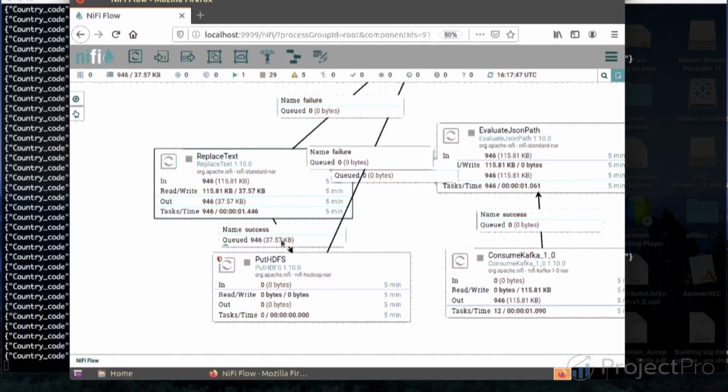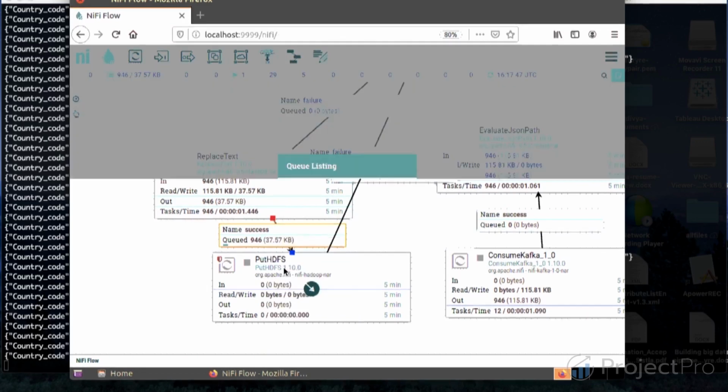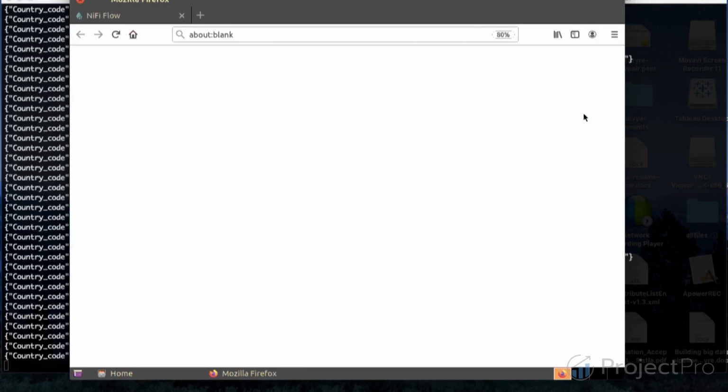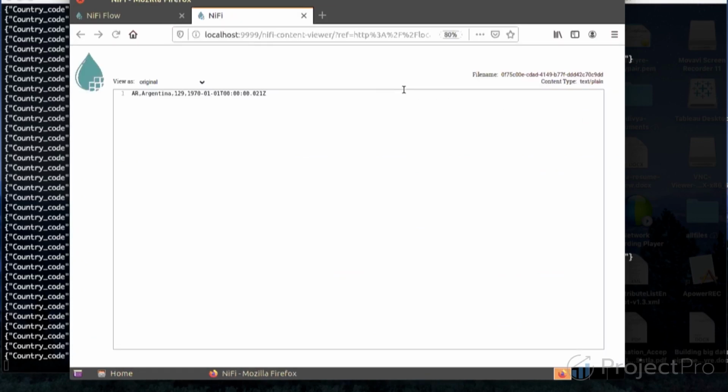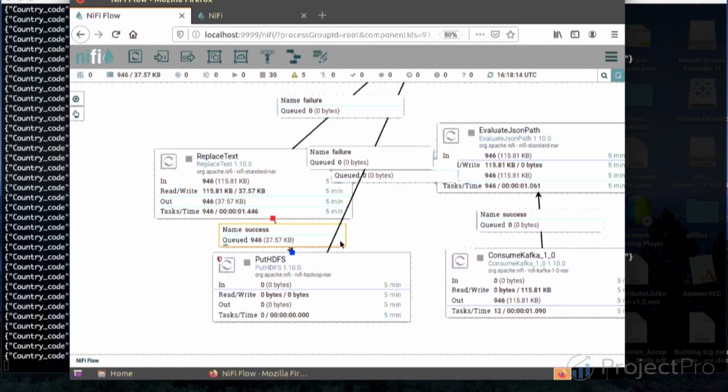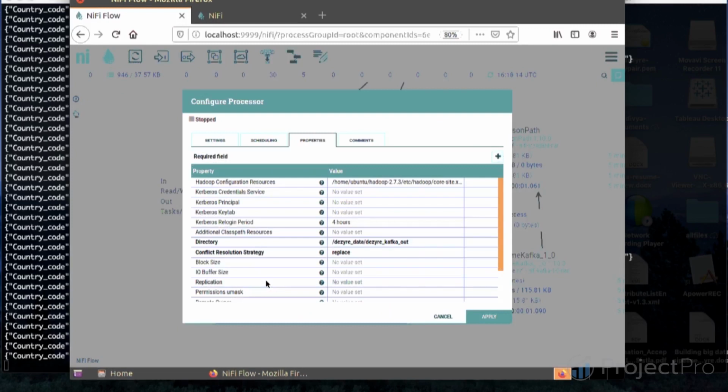Now we have the parsed data. If we want to see the data, we can list the queue and see the parsed data. Earlier we saw the data in the form of JSON, and now we are seeing it in the form of CSV.